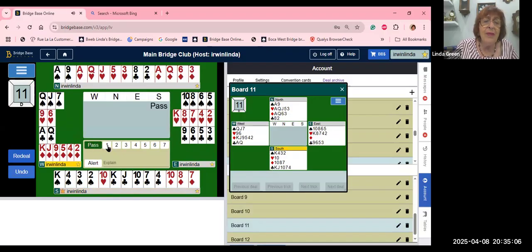West is going to open 1 diamond. And now we have a situation where you would like to overcall for a 5-card major. It costs nothing to overcall. I would overcall 1 heart